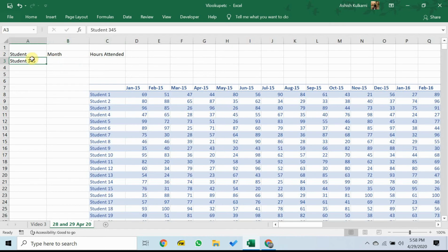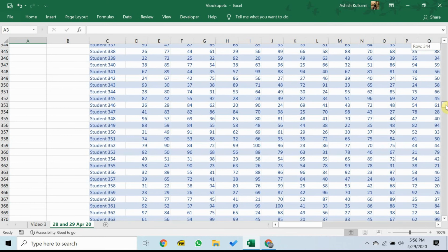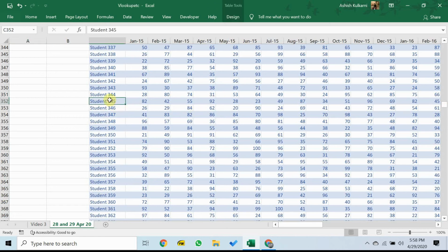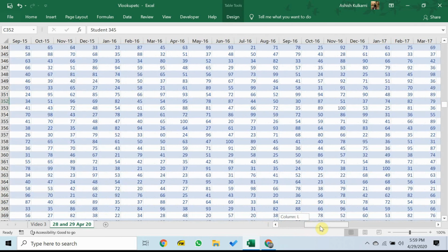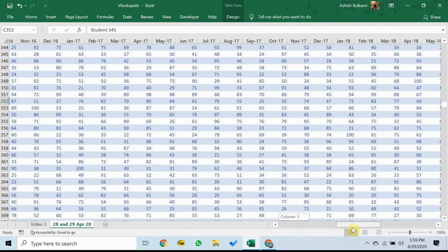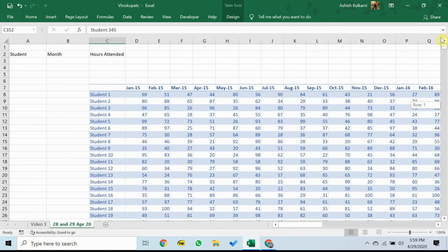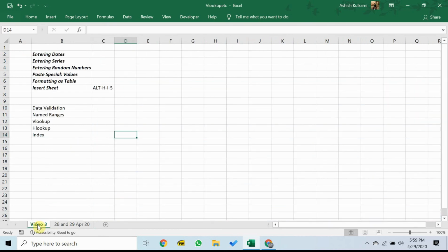How does one actually go about doing something like that? You might appreciate the difficulty of the problem, because if I take a look at row number 345, I will have to manually scroll up until I find that particular month, April 18 I think it was, and then for that month I will need to look up the particular value. So rather than me manually having to do all of this, that answer should pop up over here automatically. That's the idea, that's the objective. And in order to achieve what I just described, we are going to take the help of data validation, named ranges, VLOOKUP, HLOOKUP and the index function.